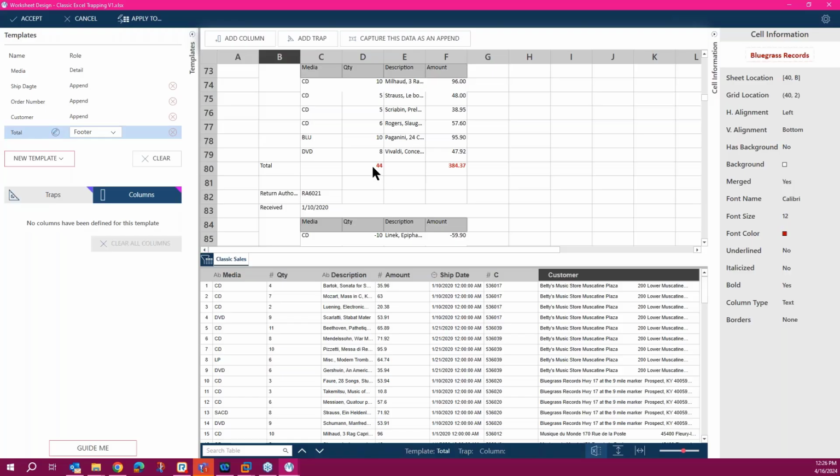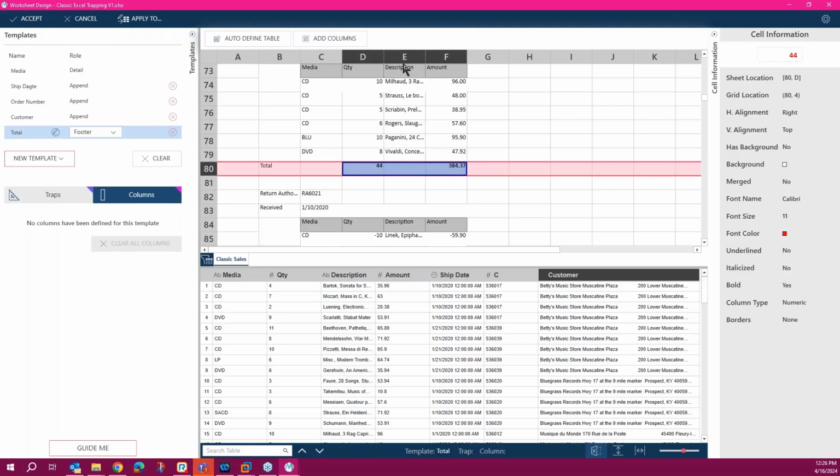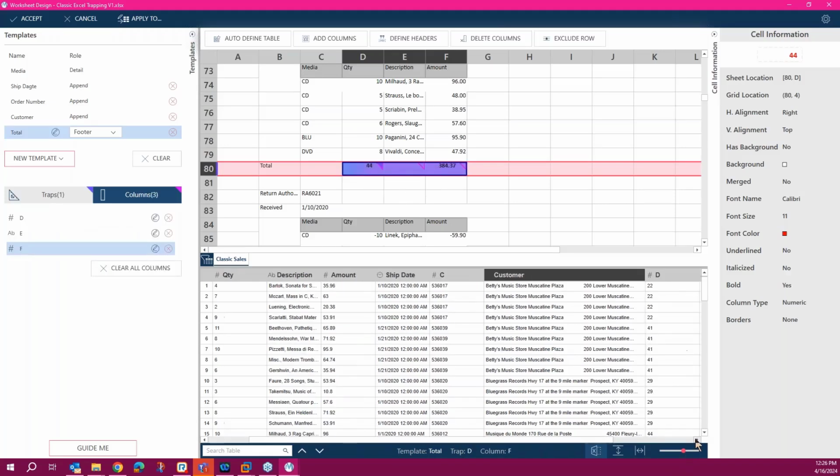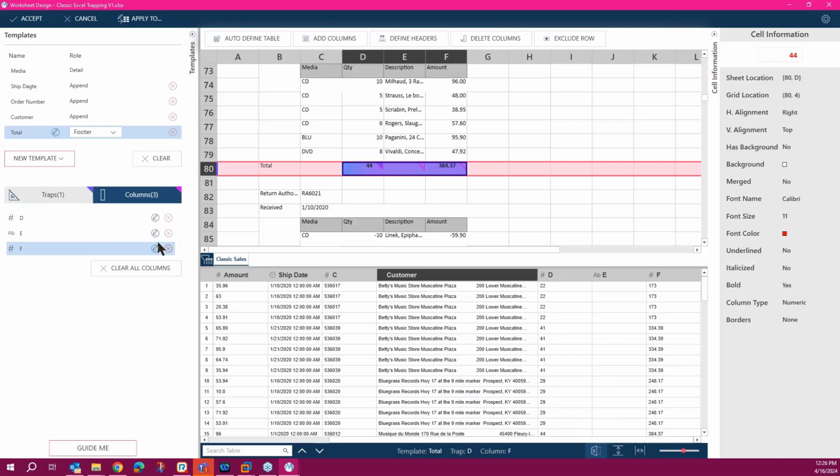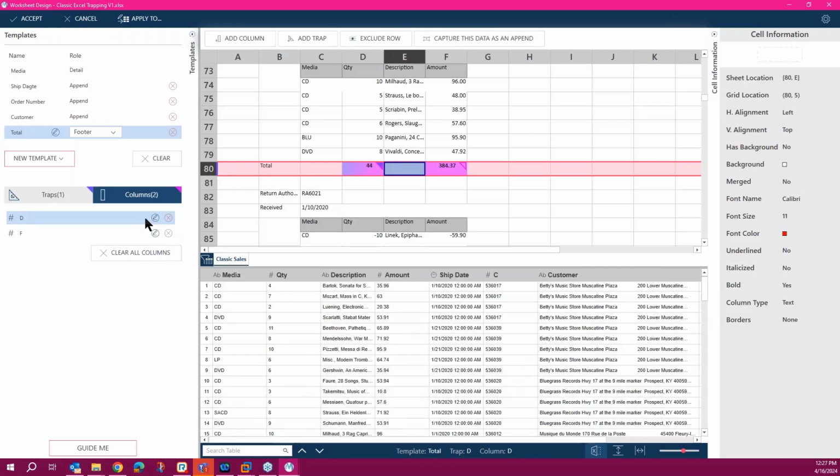I can select these 3 rows, even though the cell under the E column is blank, and then add columns, then remove the E column because I don't need it, and manually modify the name. So this would be the total quantity total.